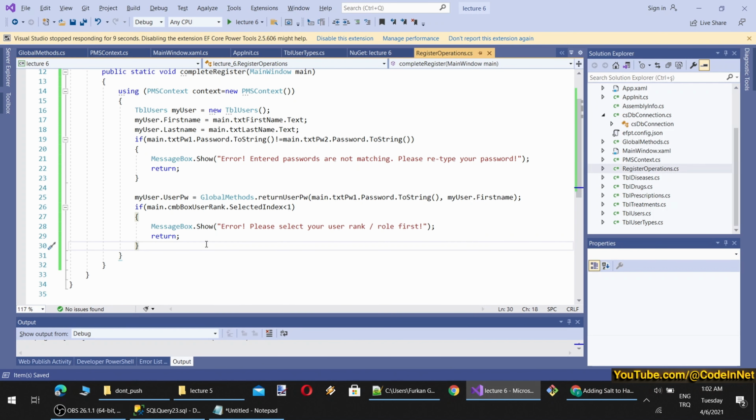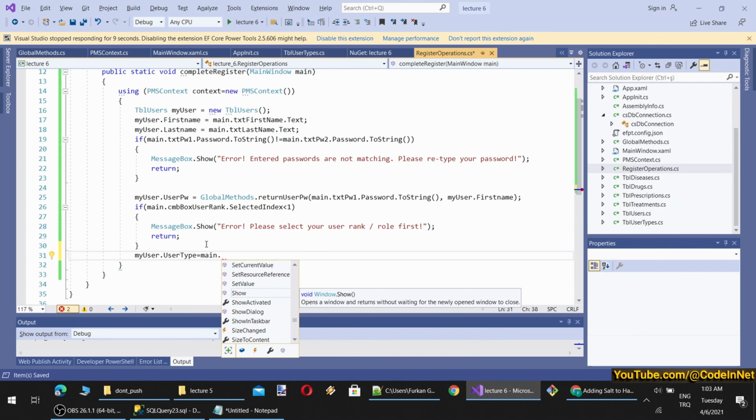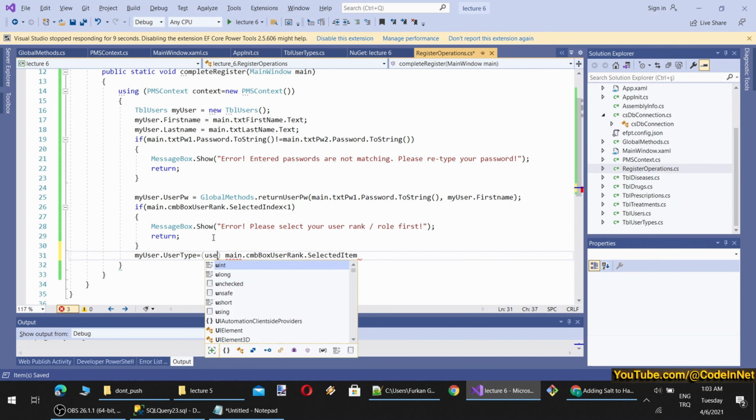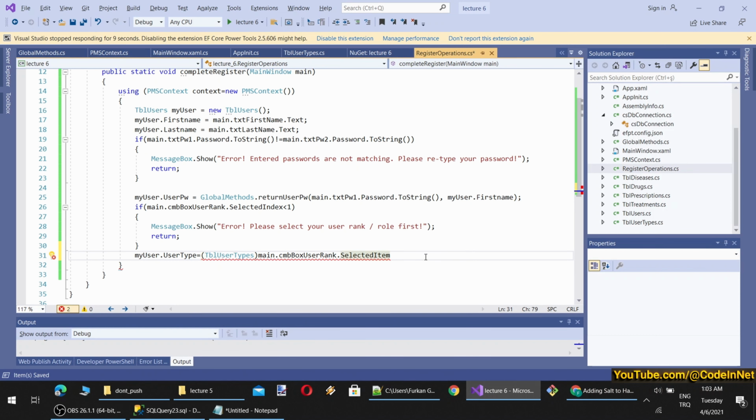Then we will set the user type as equal to, so you see this is the tricky part or the beautiful part. CMB box user rank selected item dot item. However, I am going to make an explicit conversion as user types, and then dot user type ID.